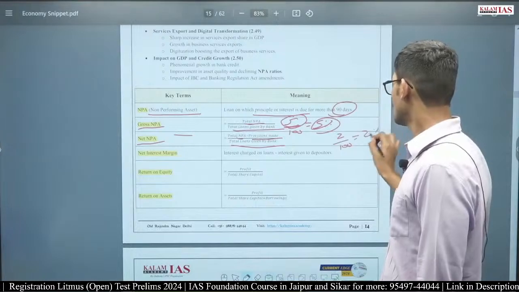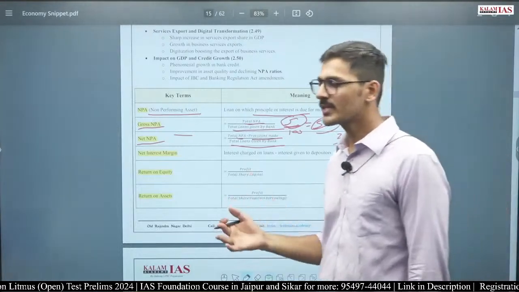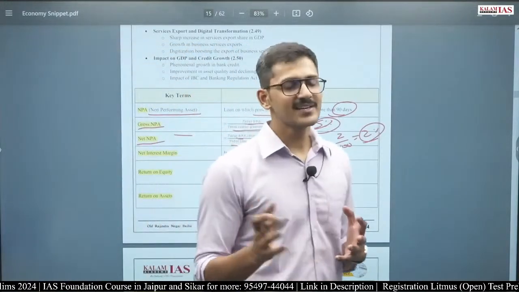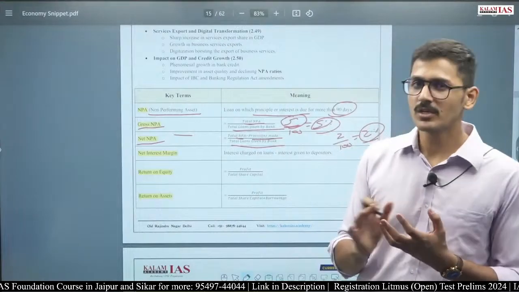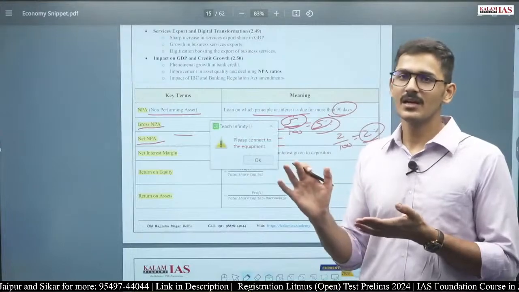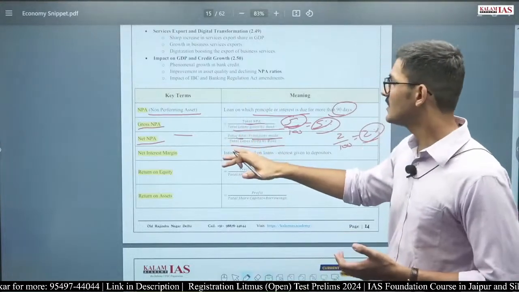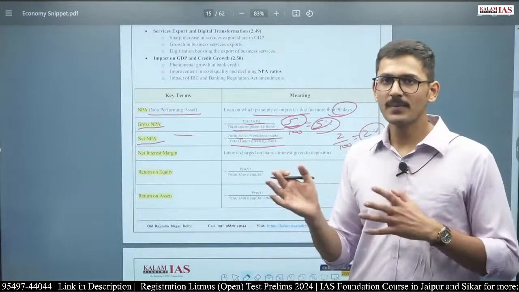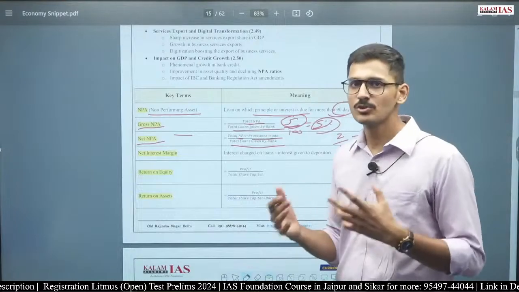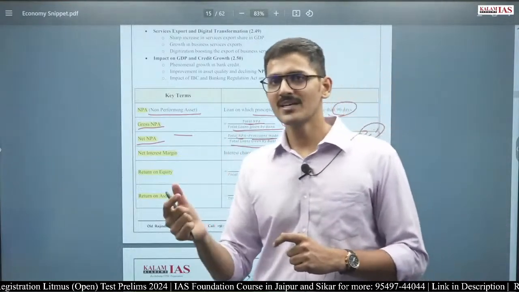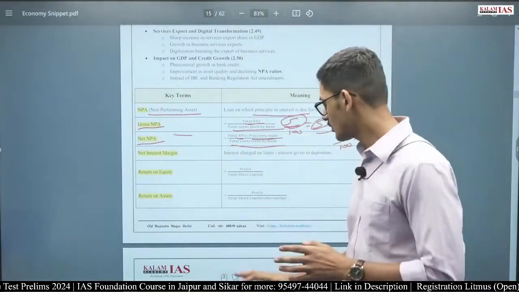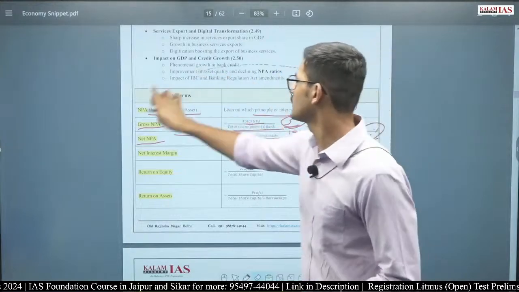That is 2%. So, net NPA will always be lower than gross NPA because banks have to make provisions for the NPAs, and there are different categories of loans, and the banks have, for example, 40%, 25%, 15%, 100%. So different categories of loans require different level of provisions, and as a result, the net NPA may vary from bank to bank. The difference between gross NPA and net NPA may also vary. But what you as an aspirant should know is the technical difference between gross NPA and net NPA. Net NPA is basically when you reduce provisions from the gross NPA, that's all. You do not need to know more than that.